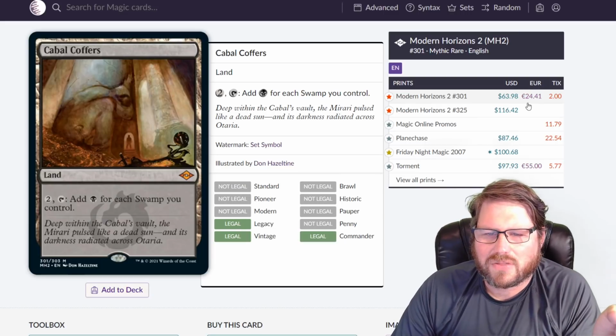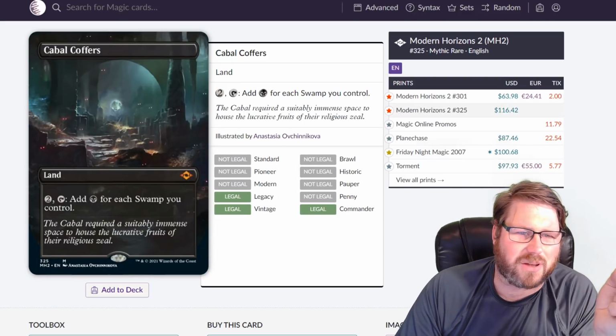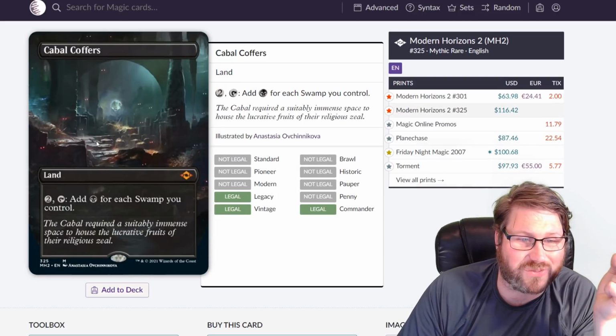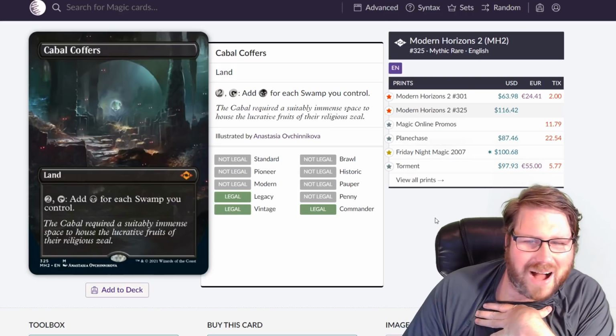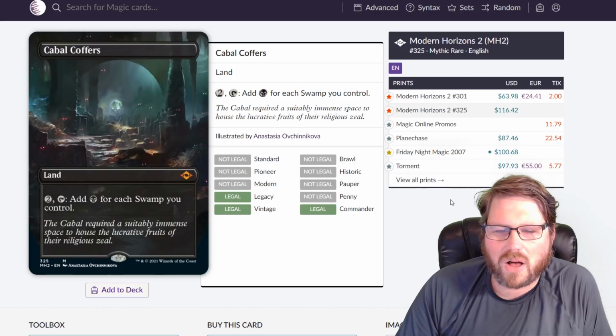And immediately, the price tag got sort of cut in half with Cabal Coffers. By the way, look at this art. Look at this special version of it. Oh, so amazing. I love it so much. Look, Cabal Coffers